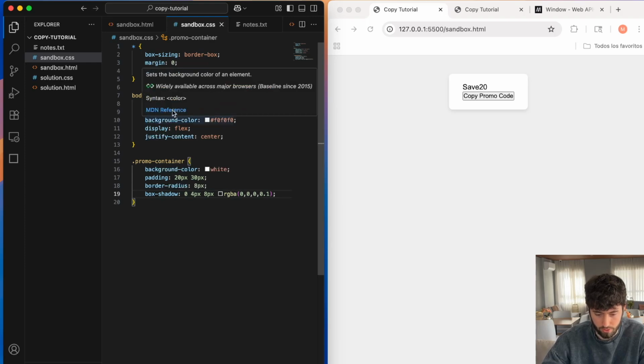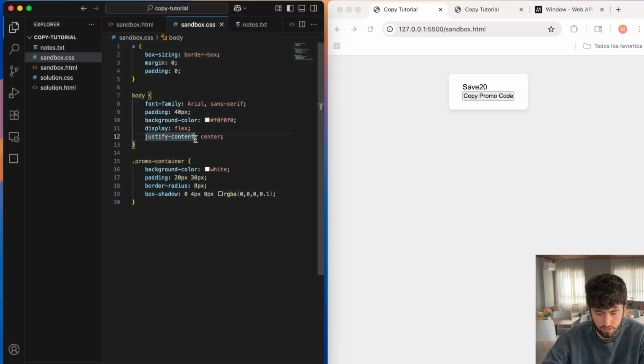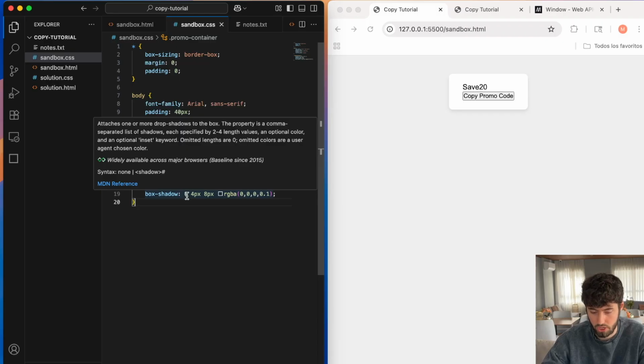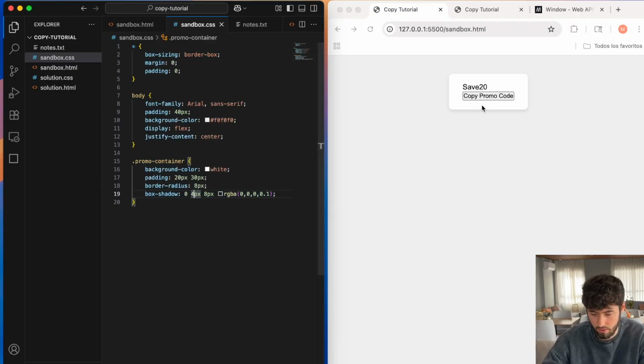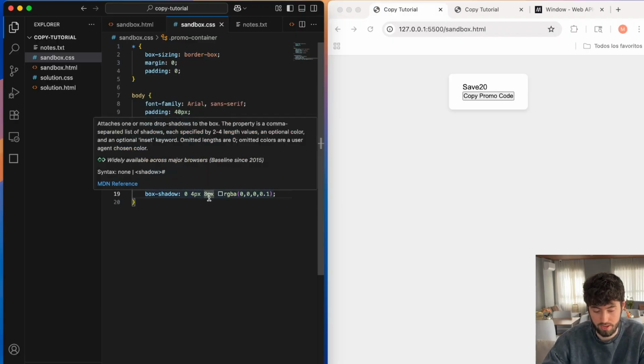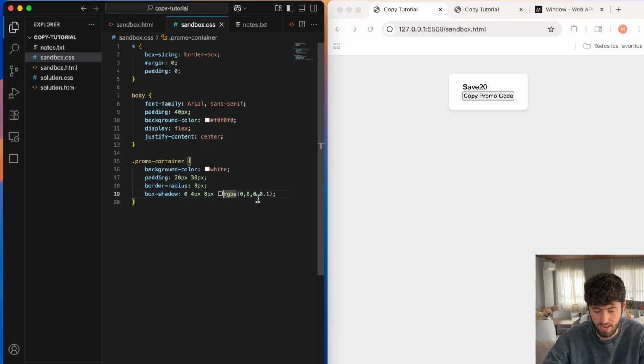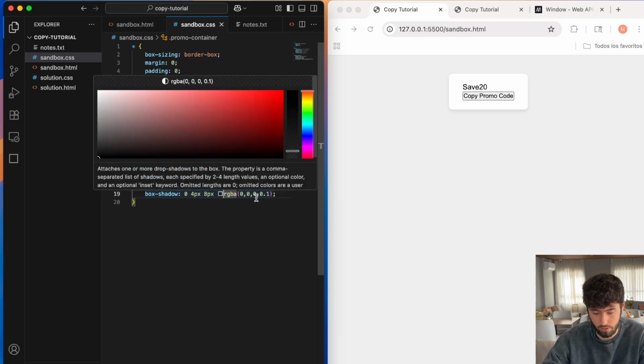You're going to see versus, here is 40 pixels, top, bottom, left, and right. Then you've got the box shadow. The box shadow is going to be 0 shadow from left to right, the x-axis, 4 pixels on the y-axis down, and you'll see that here, 4 pixels. And then the 8 pixels is going to be the spread or the radius of the shadow. And then you've got RGBA, we're using 0, 0, 0 for black, and then the opacity is 0.1 for that